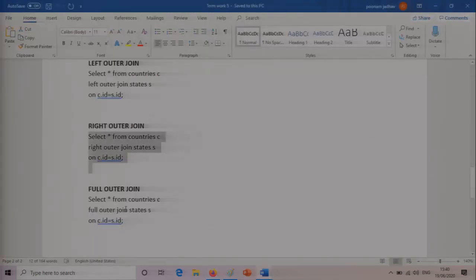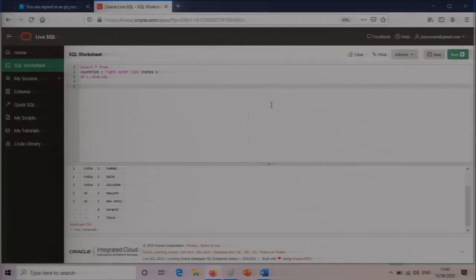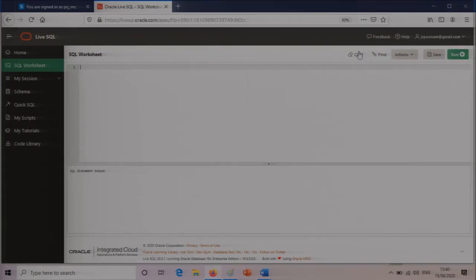Similarly, now we will do full outer join. So let's see how different it is. Joins are very simple but very important. Why?